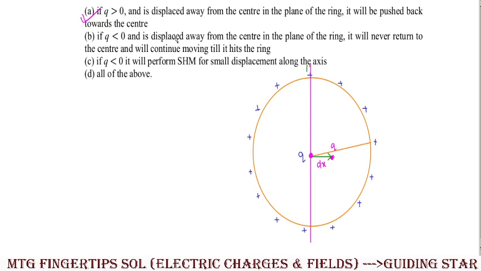Next, if q is negative, charge is less than 0 and is displaced away from the center in the plane of the ring. Clear? It will never return to the center. Okay, सो हियर इन दिस पर्टिकुलर केस व्हाट इट इज सेइंग इज दैट अगर ये जो चार्ज है इसको अगर हम नेगेटिव लेंगे यहाँ पे और उसको हम वही dx अमाउंट का डिस्प्लेसमेंट यहाँ पे कर रहे हैं राइट साइड की तरफ, तो ये क्या होगा, दैट विल नेवर रिटर्न टू द सेंटर ऑफ द रिंग।